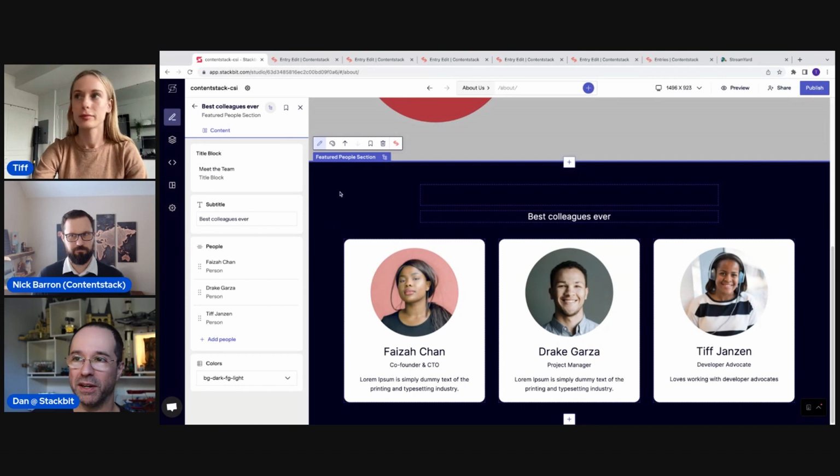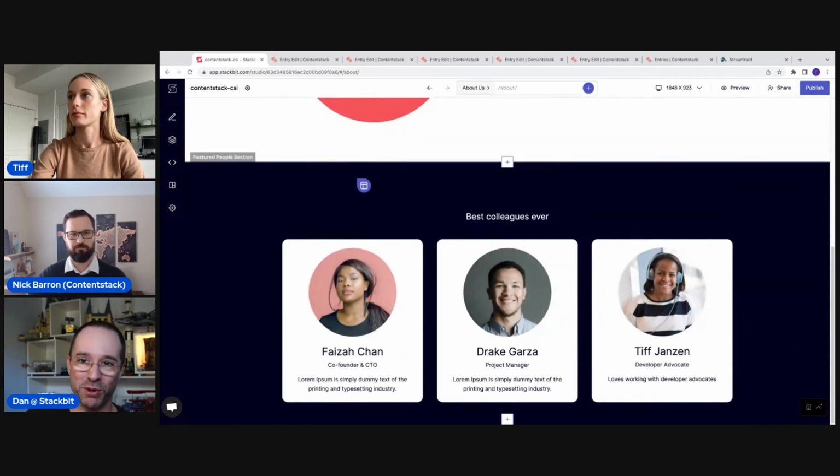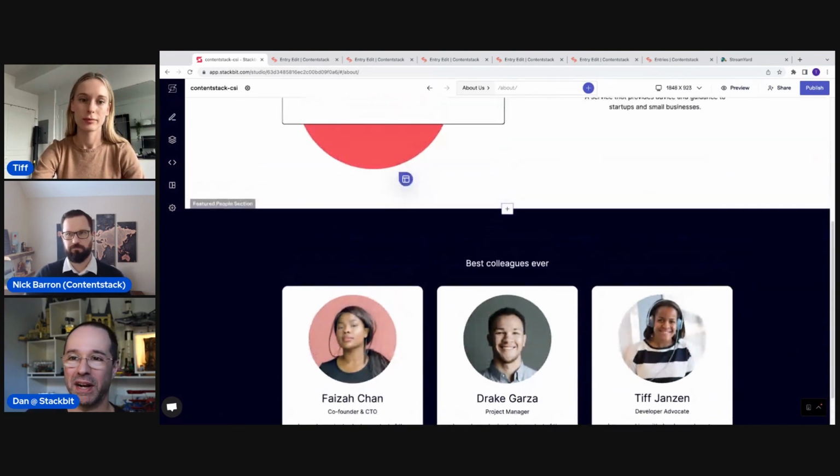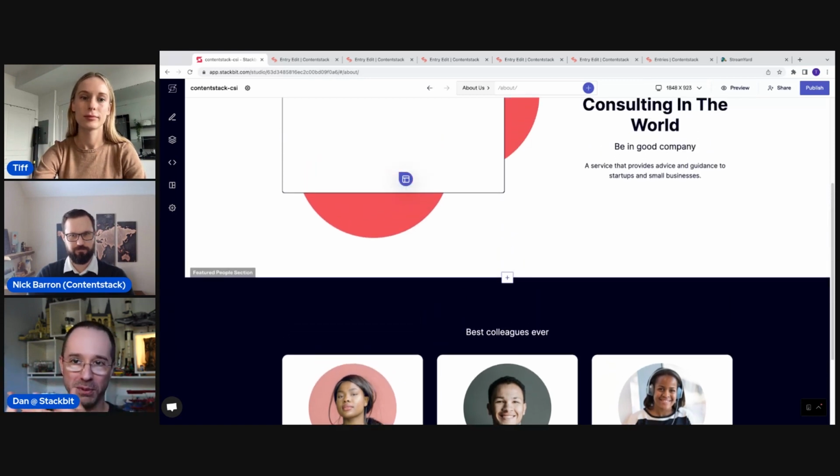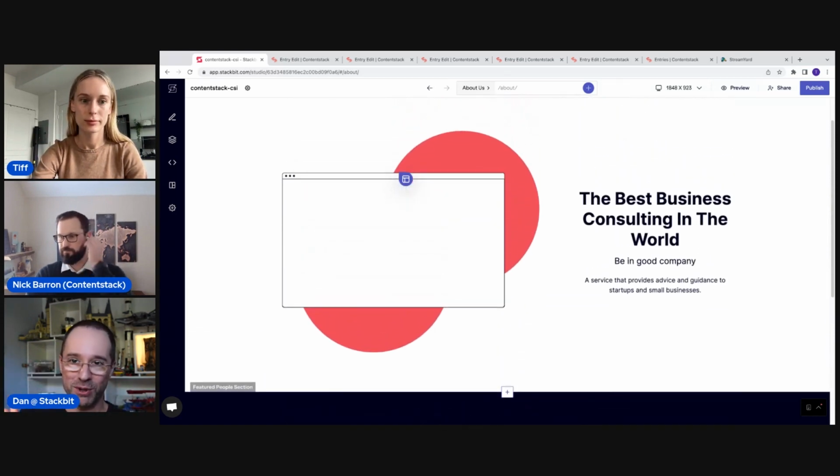I think there are a bunch of things more that we could show in general, how editing works, but probably this would work as expected from a modern visual editor. The distinction here is it's backed by a modern composable stack with the CMS that you chose, right?